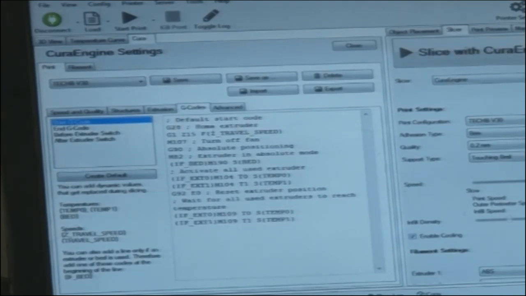We are talking about slicing here, slicing with the Cura engine. In the slicer, first we had object placement, then we have the slicer, the second tab here. In the slicer there are multiple options. Now this is G code. Slicing is nothing but depositing the layers, but how to control the movement of the nozzle in the X, Y or Z direction has to be taken care of by a program. This programming system is known as G code.